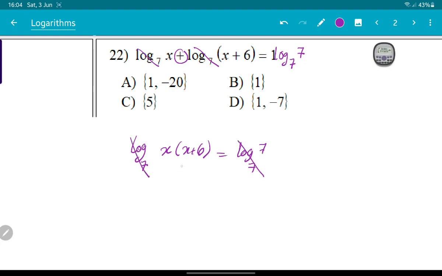Now we can cancel this. And this is x squared plus 6x equals 7. x squared plus 6x minus 7 equals 0. And we can solve this by factoring. The answer will be 1 and negative 7. But when we replace negative 7 here, this will be rejected because we don't have log of a negative. So the answer is